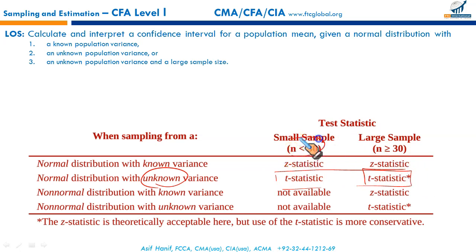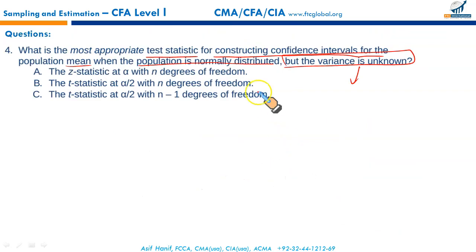Since the sample size isn't given, the question is silent on sample size, it could be t statistics or z. Let us see. So in this question, the population variance is unknown. Normally z statistic should be used if n is large, but since we do not have the sample size, whether n is greater than or equal to 30 or less than 30, it is most appropriate that you go for